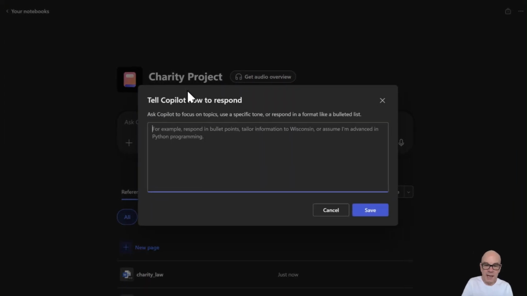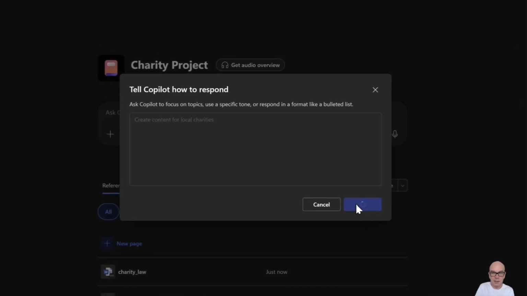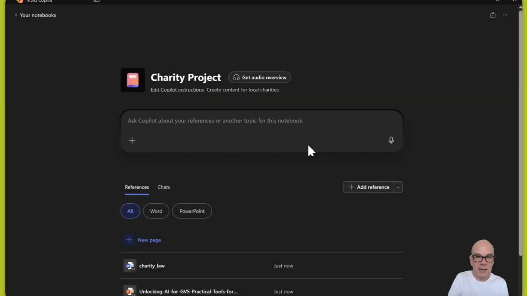So just going to click on that, and we are going to say create content for local charities. Right, we'll keep it really simple. So in reality, you go into a lot more detail, a lot more context around this, talk about tone, style, the type of content, type of charities, and so on. Probably enough information to fill this space, but not any more than that, because Copilot is going to have to reference this every time you're using the notebook. But once you've done that, you can click on save,